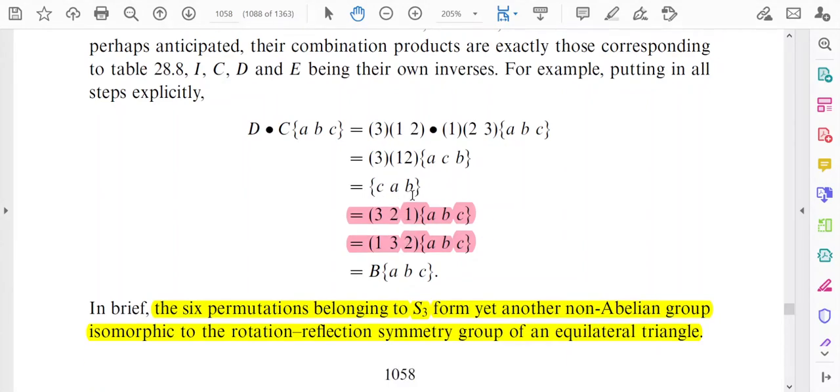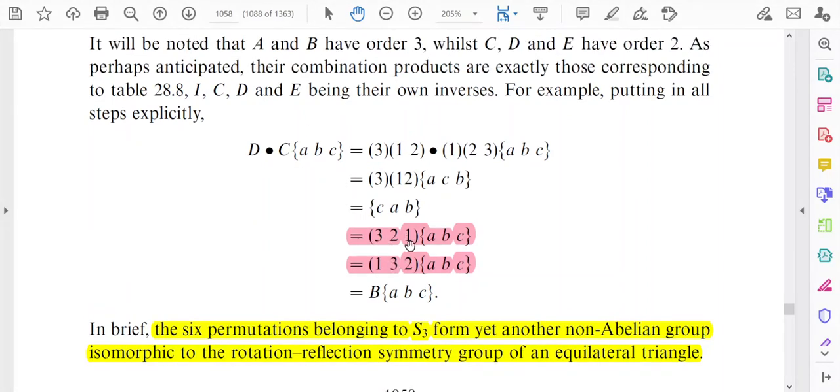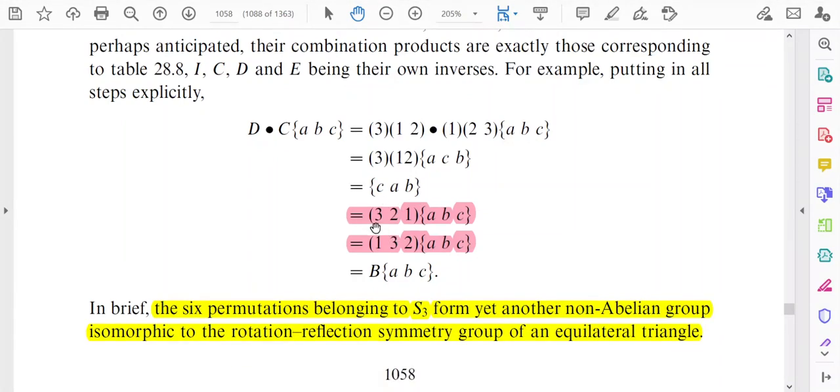Now CAB. What is CAB? We can write CAB in this fashion, that is 3, 2, 1 of ABC or 1, 3, 2 of ABC. We are saying that is why we are not writing 3, 2, 1, because this 3, 2, 1 and 1, 3, 2 is the same, and CAB, that is the product of D dot C, can be written in terms of this notation, that is 3, 2, 1 of ABC. Now how to calculate 3, 2, 1 of ABC?